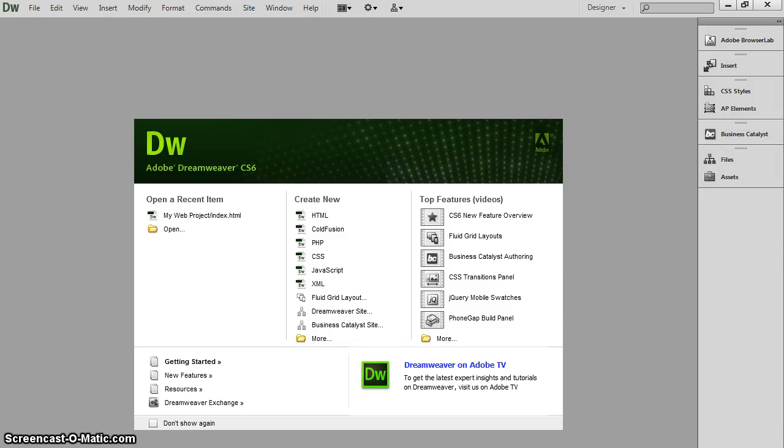Hi everyone, and welcome to this introduction to web page design tutorial. We're going to be using Dreamweaver CS6. Don't worry if you're using a different version of Dreamweaver, you should still be able to follow along with this